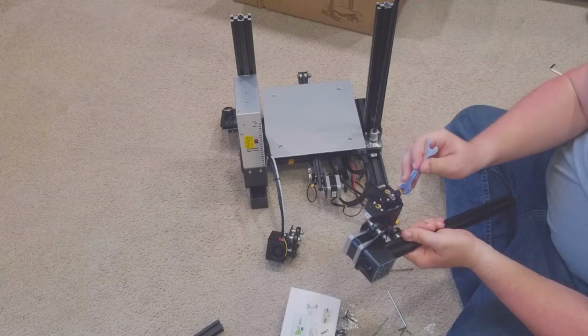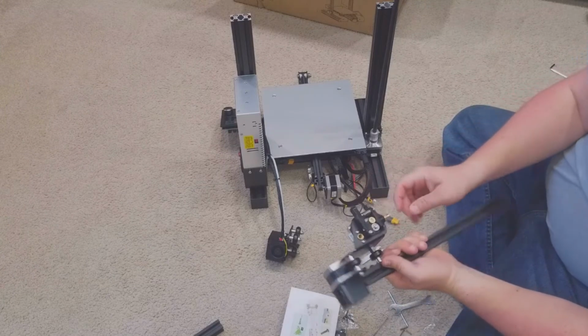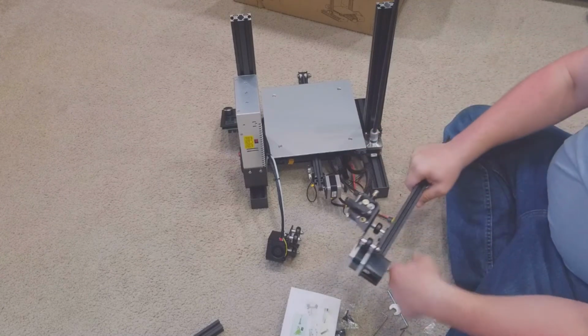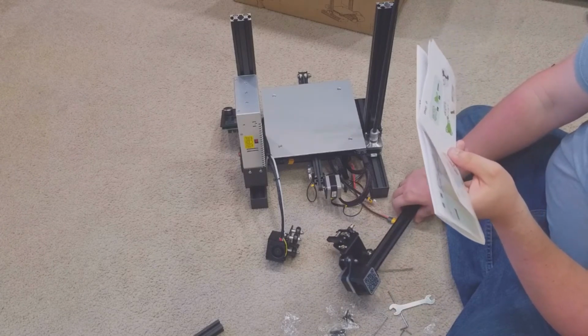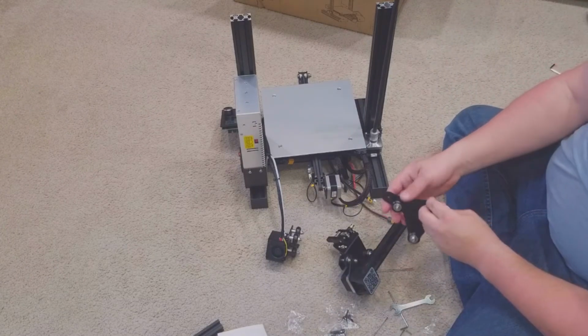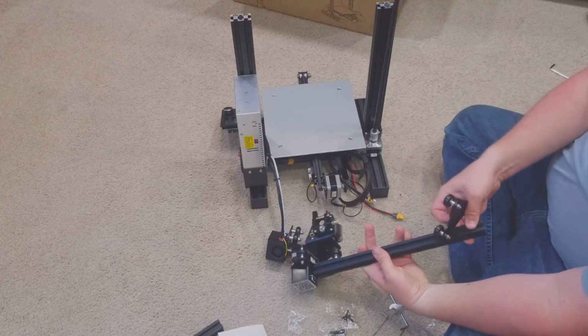Don't over tighten it, it's going into plastic. There we go. Make sure that still works after I've banged it around so much. Okay. Now they want this bracket here to go on the end of this, and it needs to go on the end with,